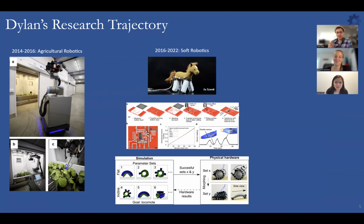And I started out by wrapping around some robotic skins around soft things. When I say robotic skin, I mean we integrated actuators and sensors into a thin fabric that you can wrap around something and turn it into a robot. This first experience kind of got us as a lab, like this wasn't just me, I did this with many lab mates, it got us thinking about how we could add new functionality into surfaces